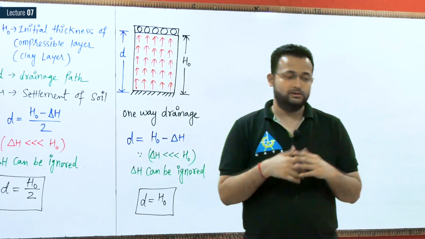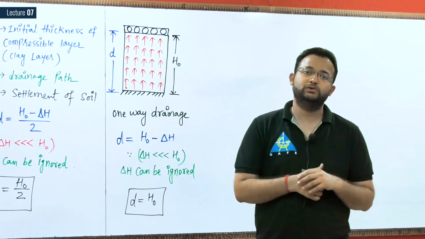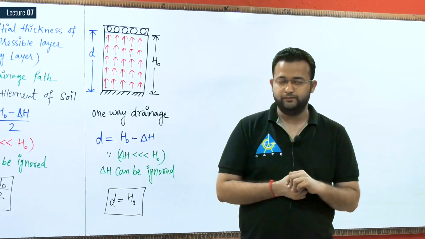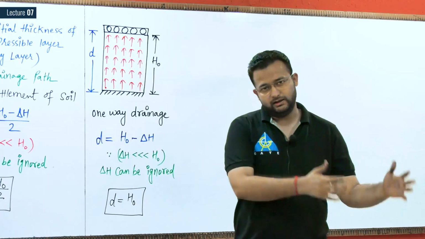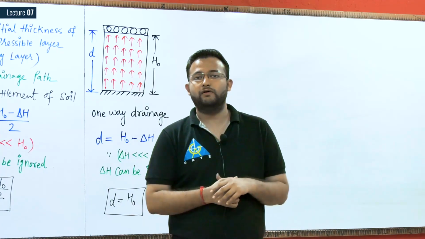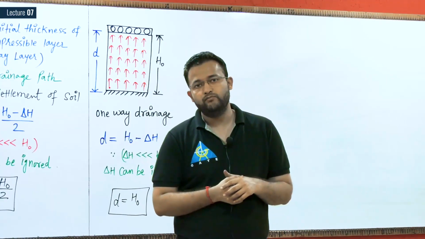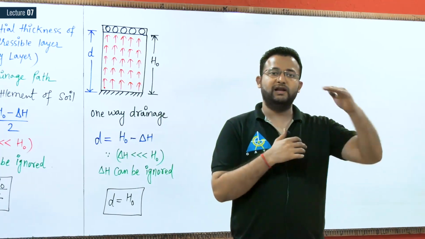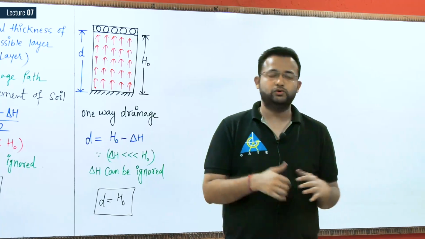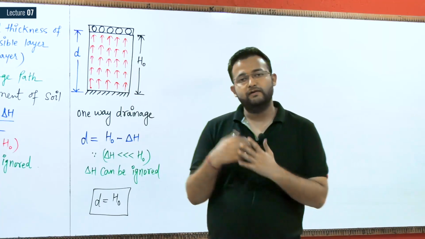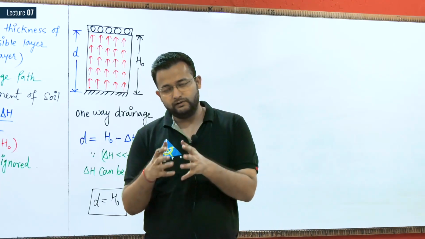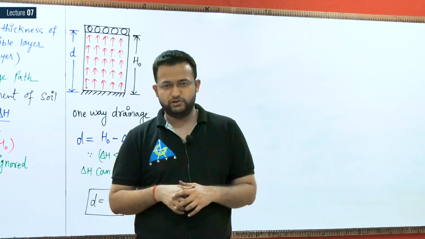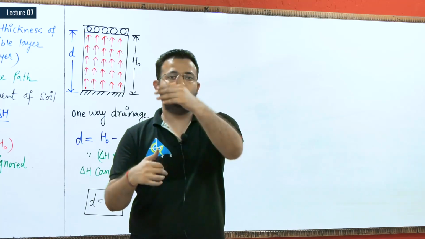So now you should ask me, sir, when should I select the one-way drainage option and when should I select the two-way drainage option. So I suggest, it depends upon the situation of the ground, the situation of your soil. If at your location you have one layer of sand and one layer of clay, you should go with the one-way drainage. If at your site your clay layer, your compressible layer, is sandwiched between two layers of sand,